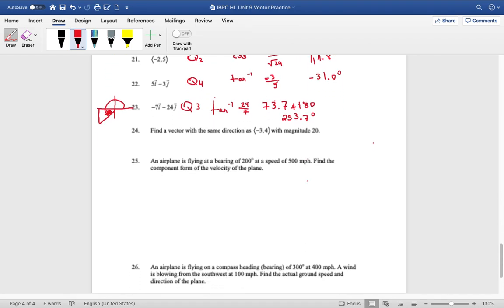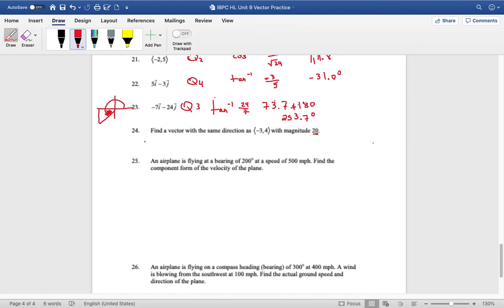Now looking at 24, how do I approach that problem? Find a vector with the same direction, but with a magnitude of 20. So they're dictating, we kind of did this with the work problems, that the magnitude is 20, and when I look at negative 3 and 4, I know that magnitude is not 20, right? That's a 3, 4, 5 triangle. So my first step is to get a unit vector. If I take my vector and make it